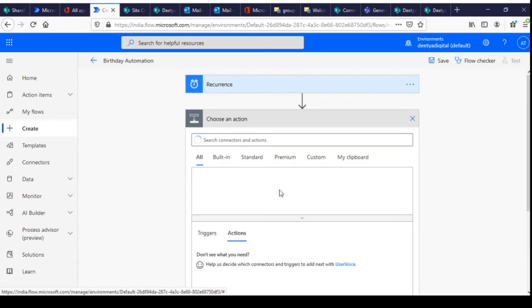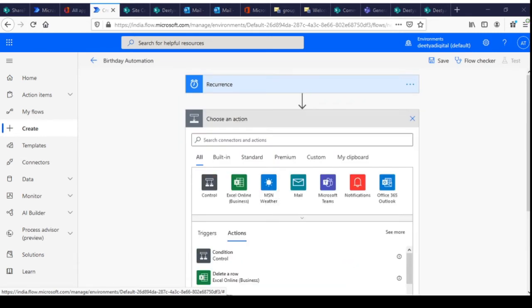So now moving on to the next step. What we will do here is declare some variables.